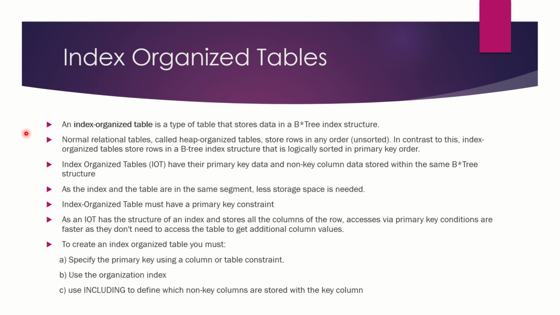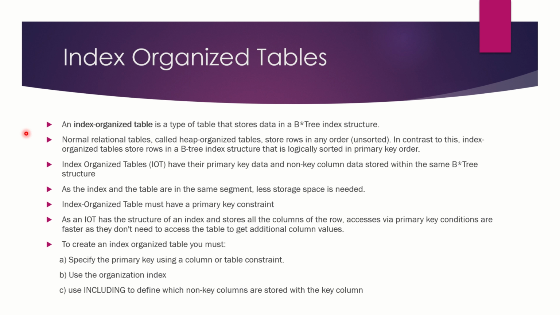The next type of index that we are going to see is the index organized table. An index organized table is nothing but a table which is stored in the form of a B-tree structure. So this means that the index and the table are present in the same structure, and no separate storage space is needed to store the table data. We'll talk more about the index organized table in the forthcoming slides, along with an example.